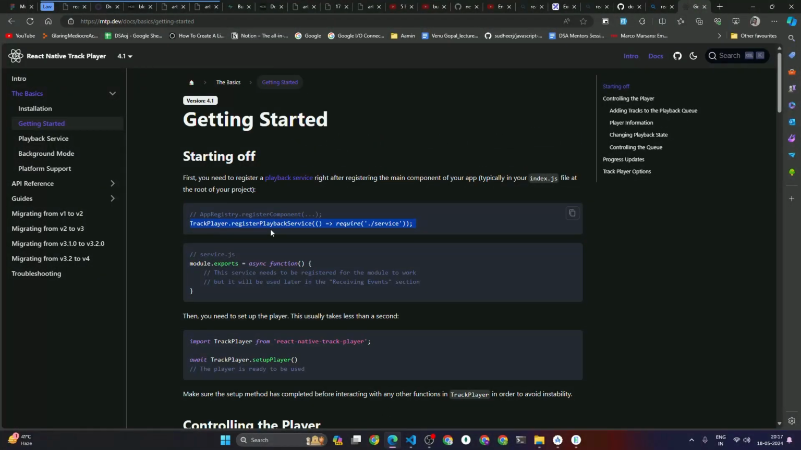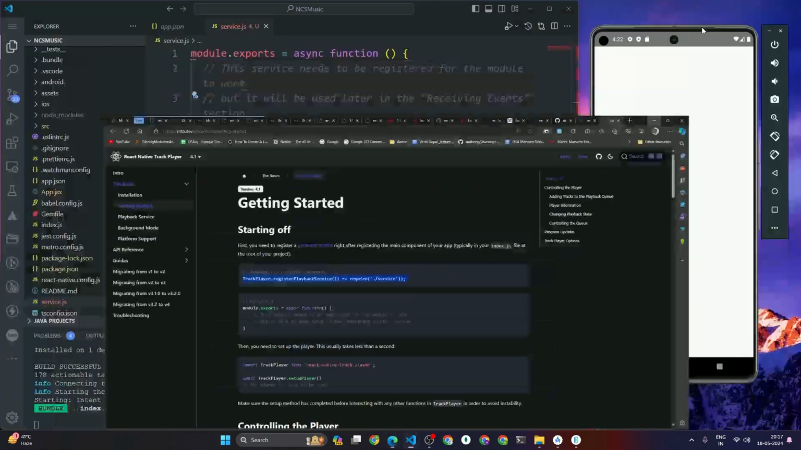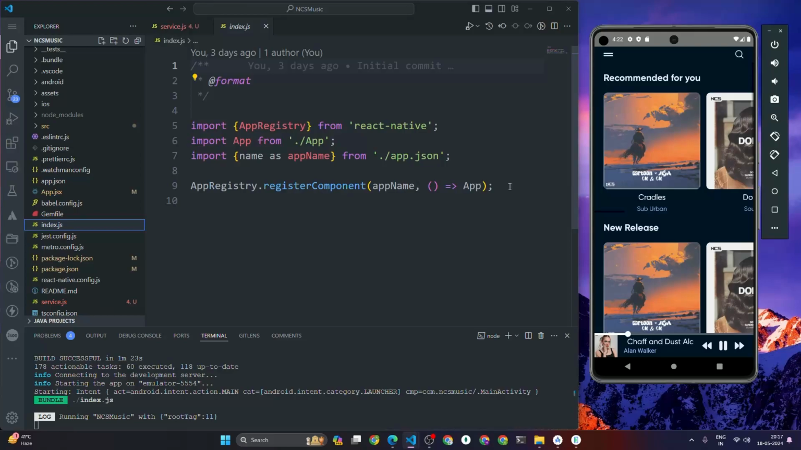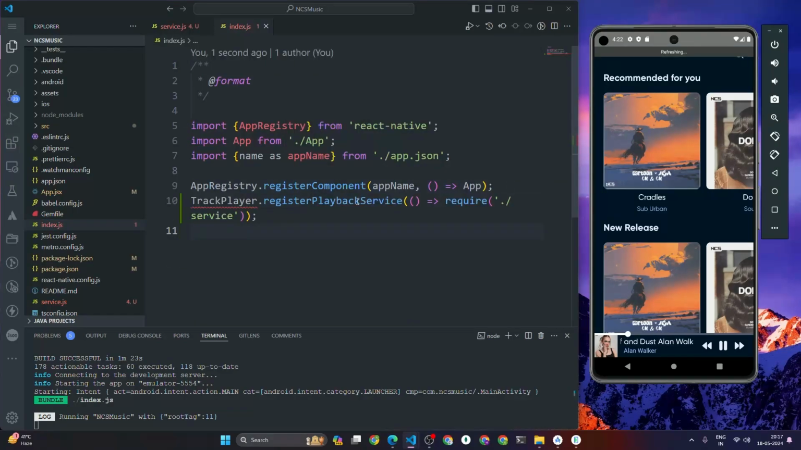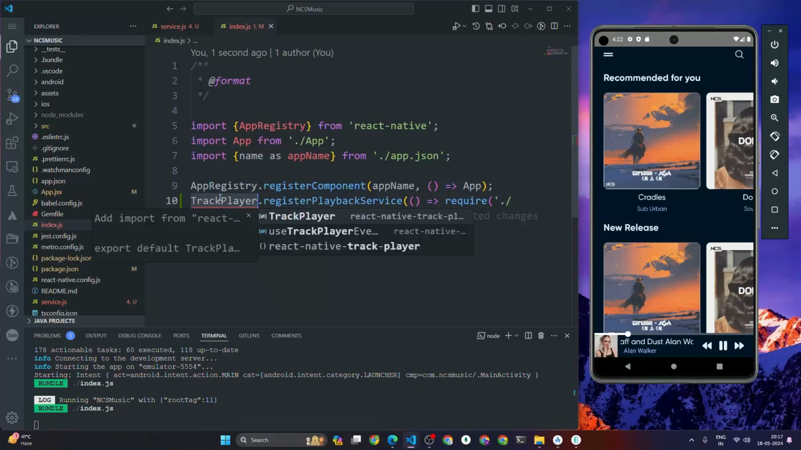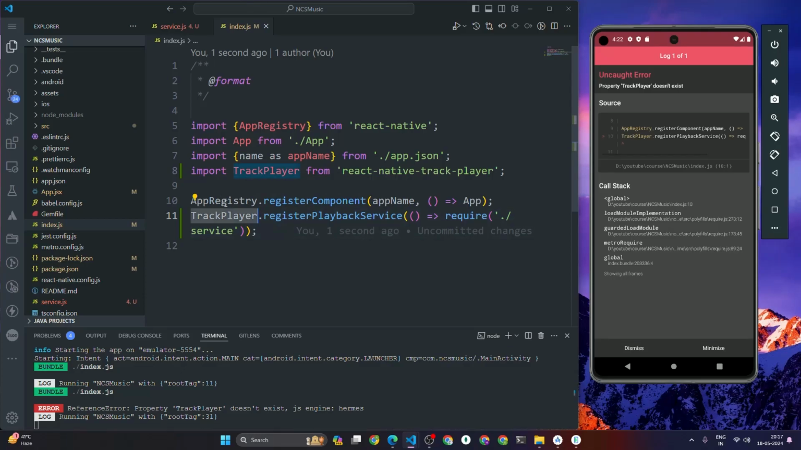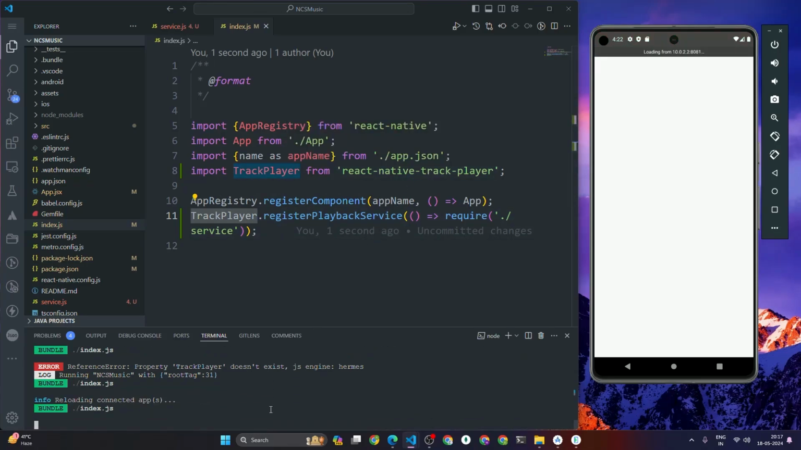So I'm gonna copy this line of code, and we're gonna go inside the index.js file, and after this app register component I'm gonna paste this line of code, TrackPlayer.registerPlaybackService, and I'm gonna import this as well. So I imported the TrackPlayer from React Native Track Player, okay. Now if I reload this again, and let's see,